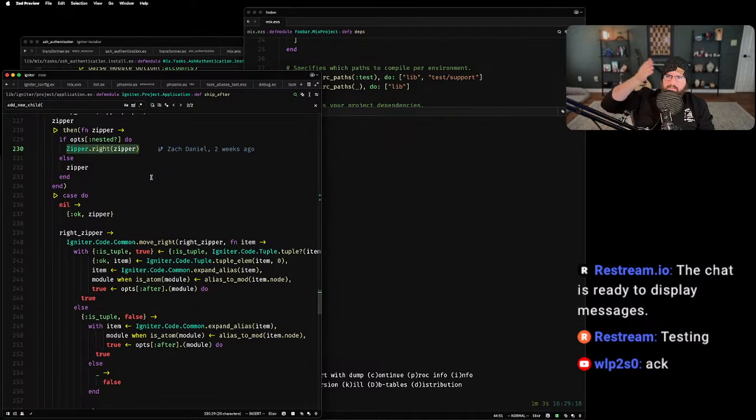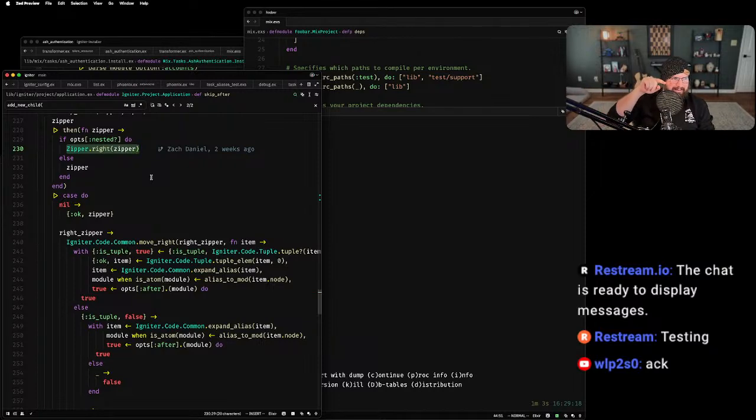So that says basically, I know this is probably really complicated if you're not used to working with zippers. But basically what we're doing is we've moved our source code pointer into a list, and then we're moving rightwards through the list, right? Which from an AST perspective, we're going right. Which is this left for you? I don't know how live stream works. Is my finger going to the left or the right for you? I don't know.